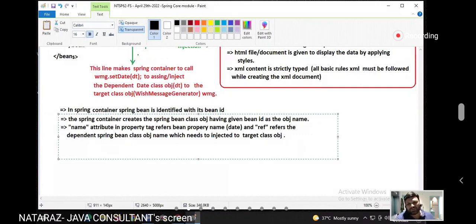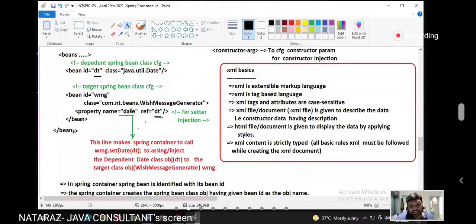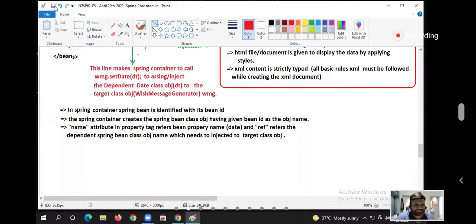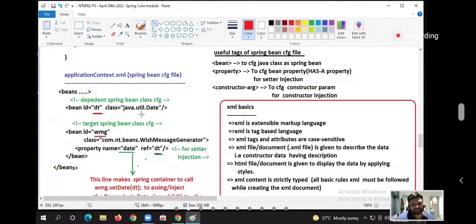Are you listening to my statement, guys? I hope this has given clarity. To which property, which class object has to be injected? This is WMG, this is DT. Everyone got the clarity, boss?